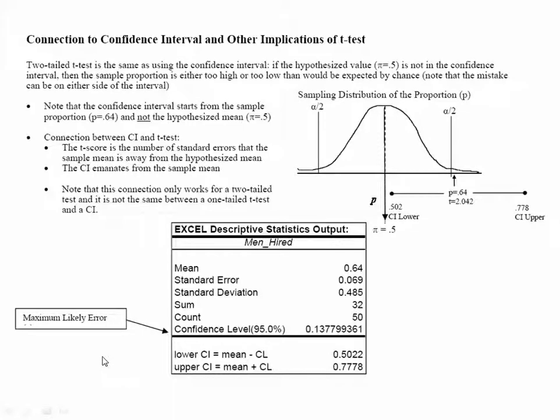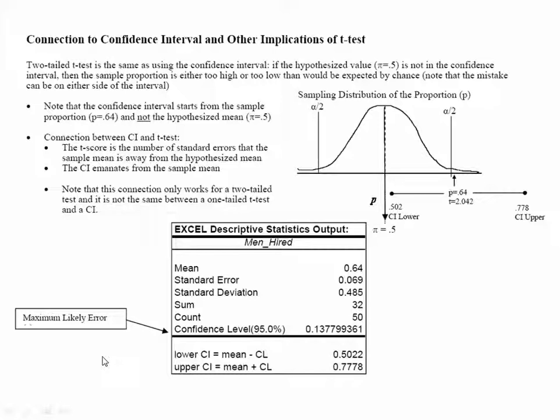I mentioned at the beginning of section 6 that hypothesis testing is a continuation of the idea of confidence interval. And I'd like to explain why that is. So, given our last example where we had 64% men to 36% women hired at this company, we rejected the null hypothesis and said that 64% is statistically different than